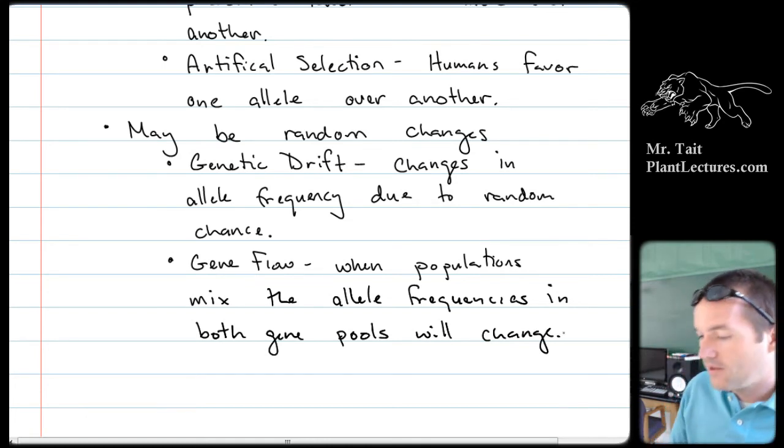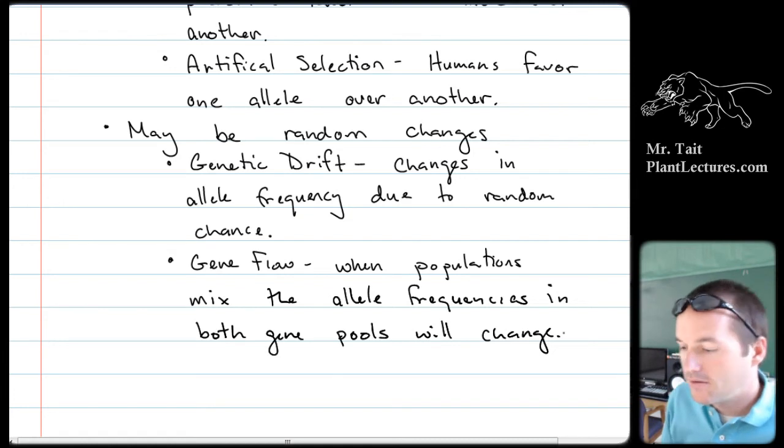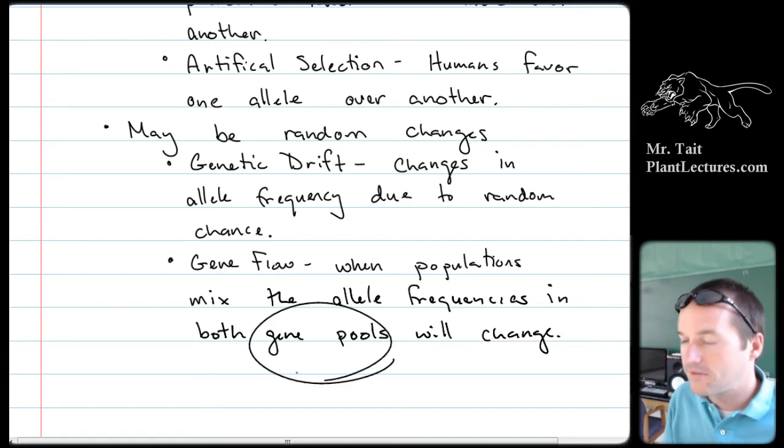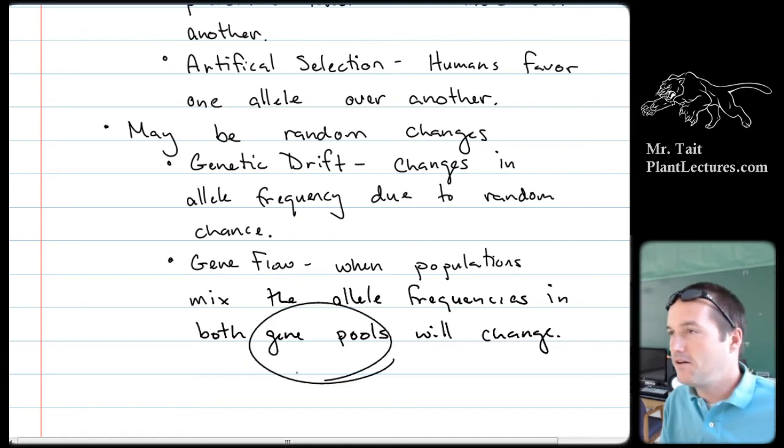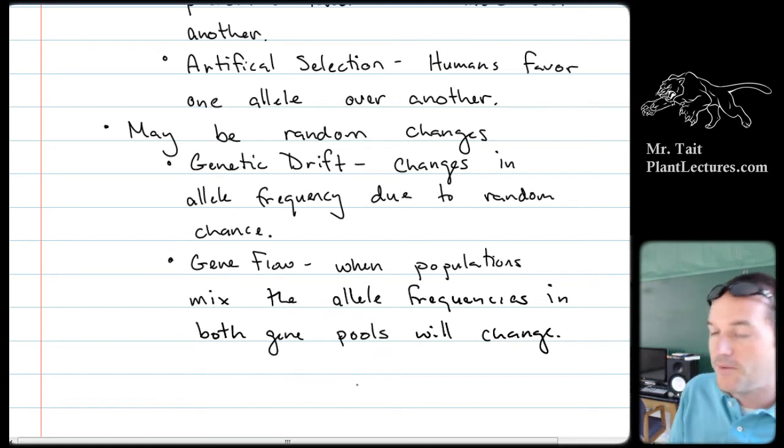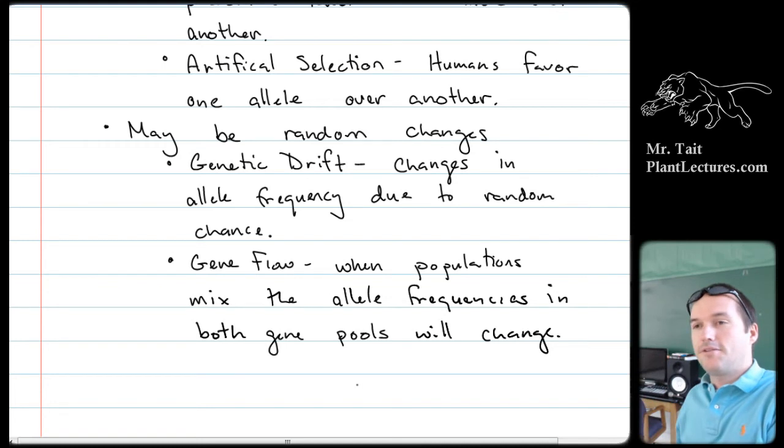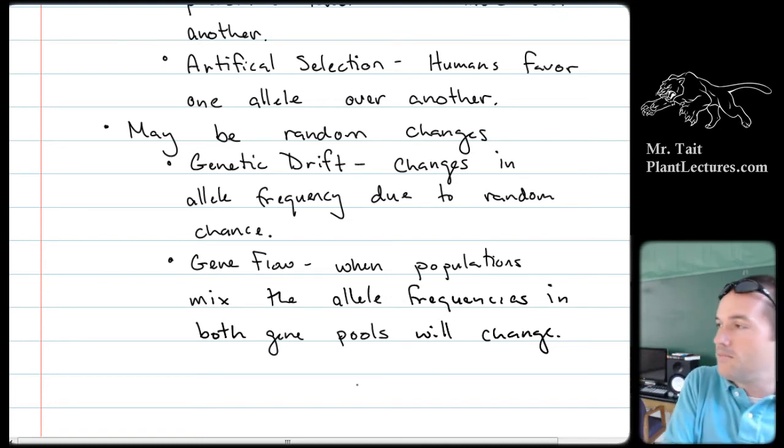Okay? So when I think of this, I think of actual pools, right? Gene pools are all of the alleles in a population. But if you think about actual pools, like let's say somebody has a saltwater pool, one of those new fancy saltwater pools, and somebody has a normal chlorine pool, right?